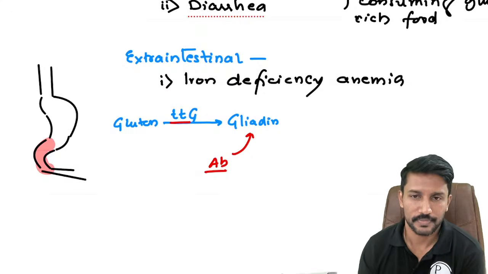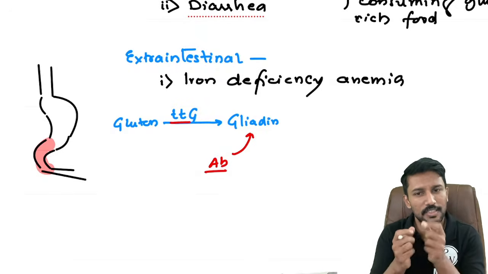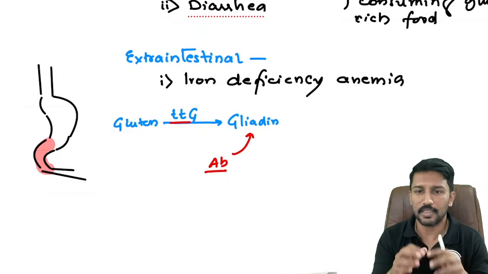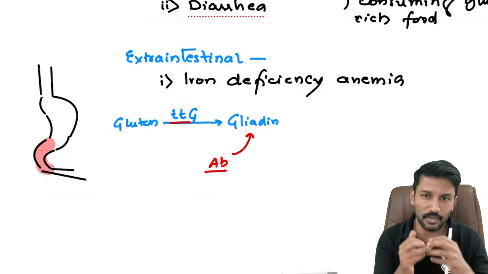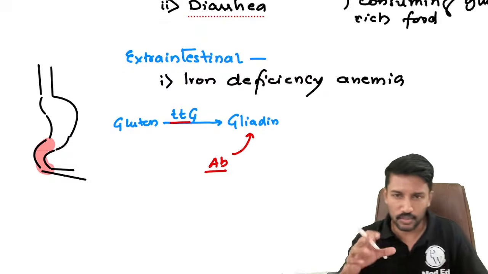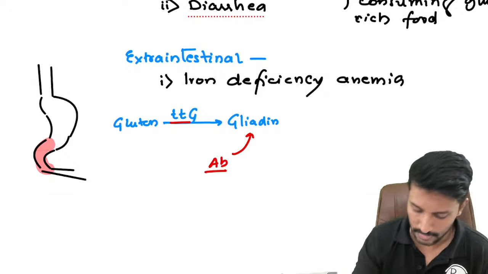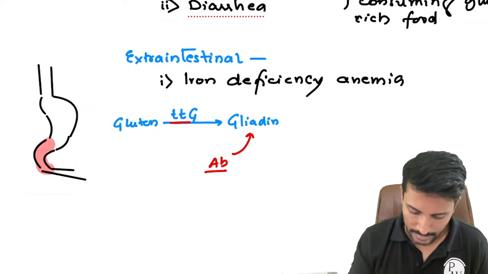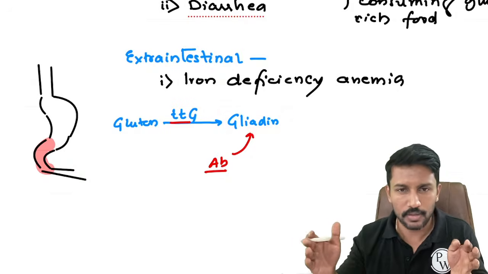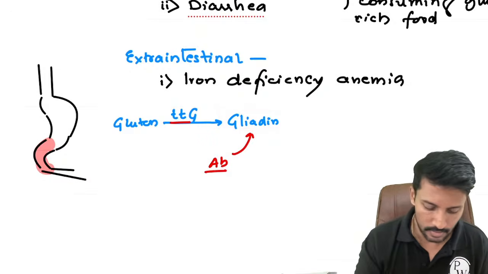Gluten is a protein. Whenever you eat chapati, it is stretchy, and the stretchiness comes from the gluten itself. If I remove gluten, it's very difficult to make chapatis from wheat, because that binding agent is gluten. It's a hygroscopic protein. It holds a lot of water. That's why you get nice dough and make very fluffy, tasty chapatis. As I told you, gliadin is one of the digested peptides. When I break down gluten into smaller peptides, one of those peptides is gliadin.